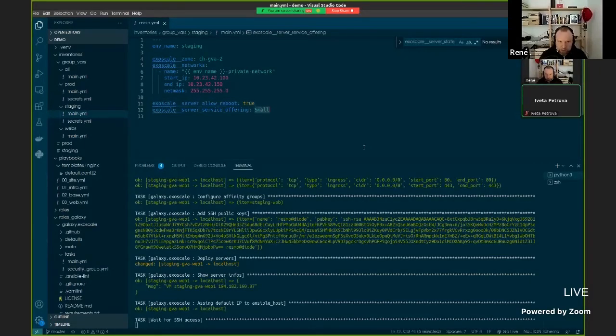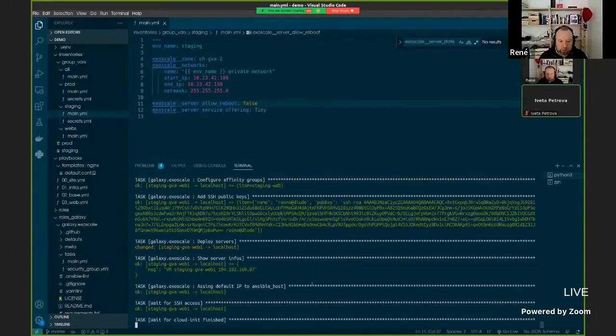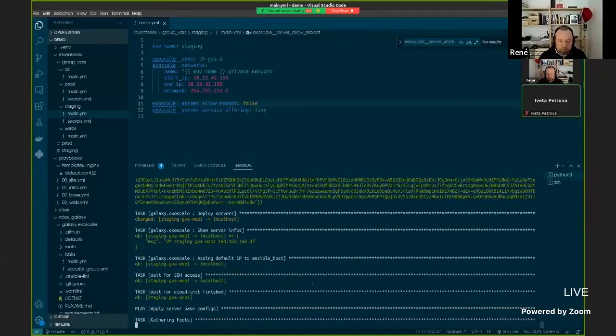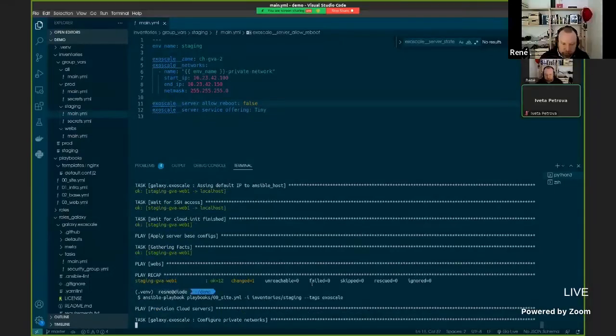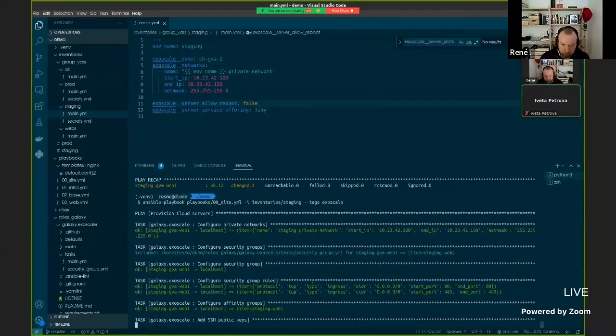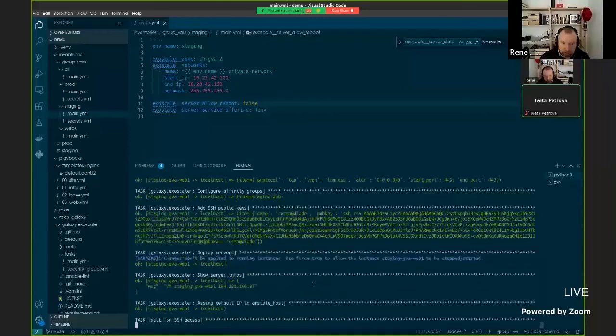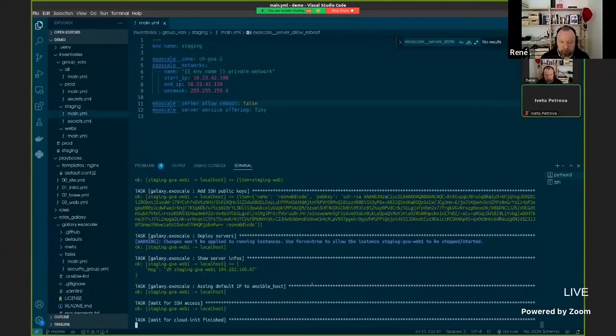If you change this back to tiny and disable this functionality, you can see that it will print the warning that it is not allowed to restart, stop and start this machine.